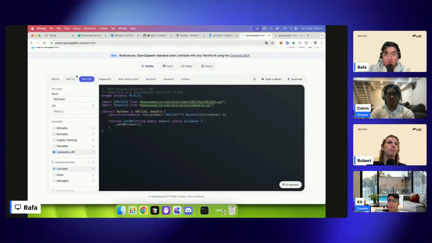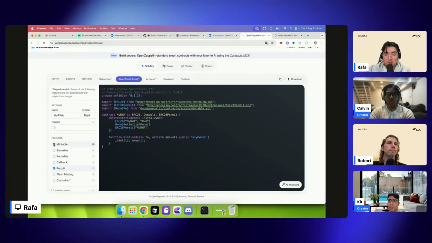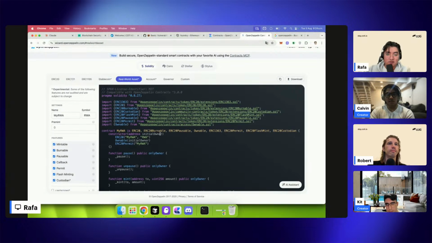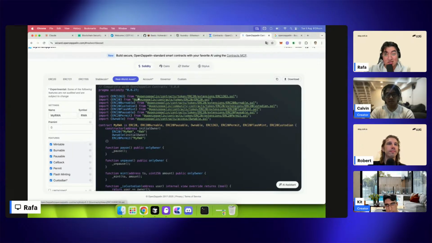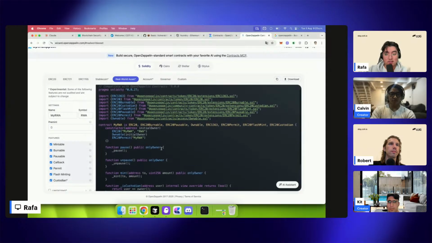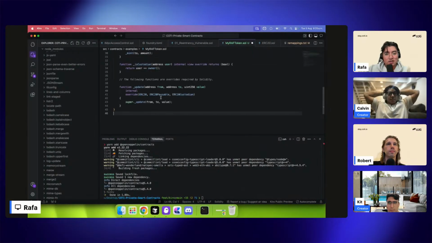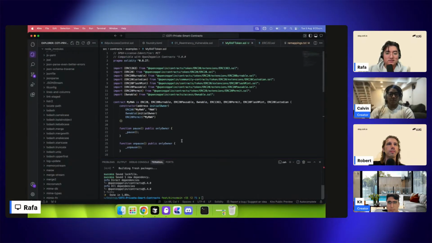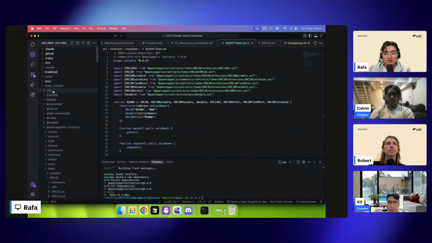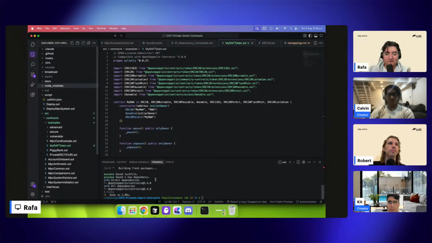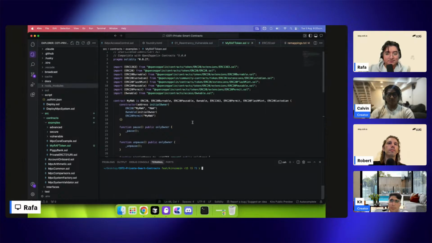If we copy, for example, I want to copy maybe a real world asset, and if you pay attention here, this real world asset is inheriting from the ERC20 smart contract. Sometimes a real world asset is not always ERC20, it's usually also ERC721, 1155, and other standards you can find in the EIP documentation of Ethereum. So I will copy this smart contract, and we can paste it, and also we can start using this smart contract. If I want to deploy this smart contract just to check that it works fine,